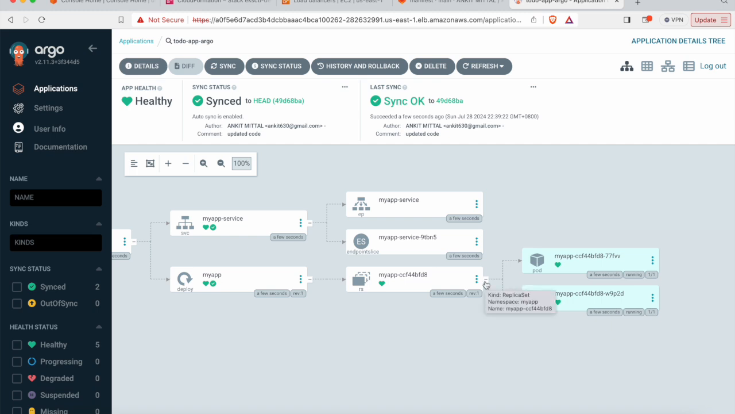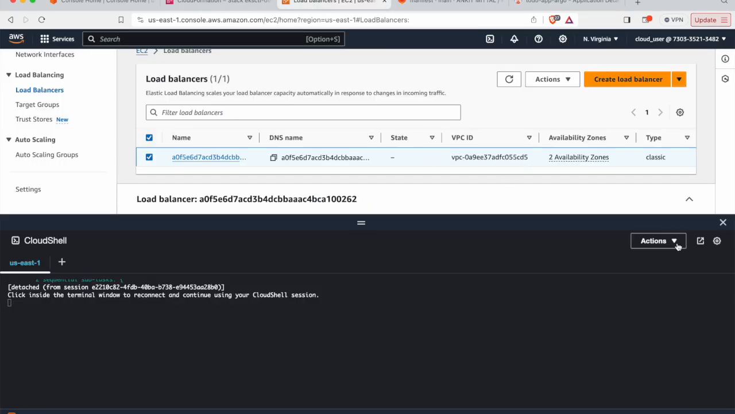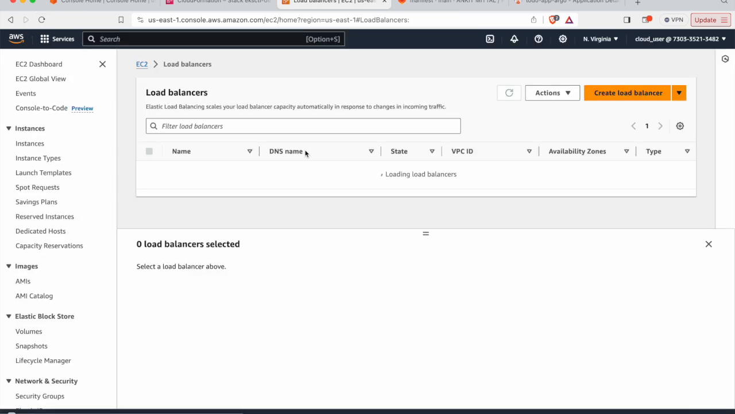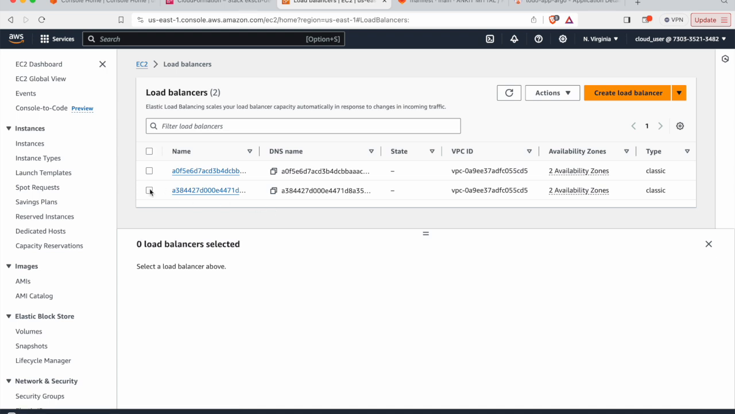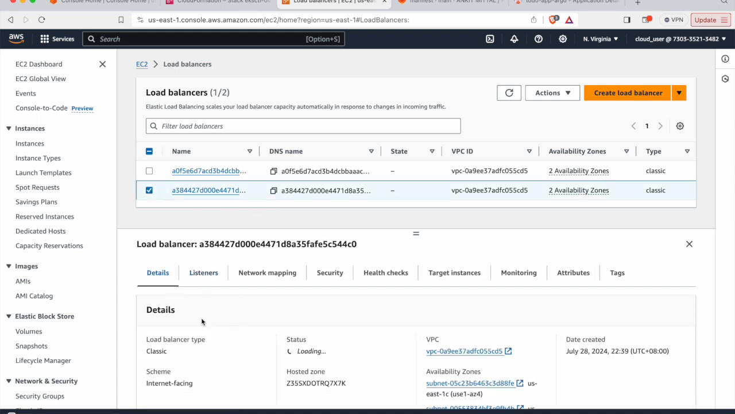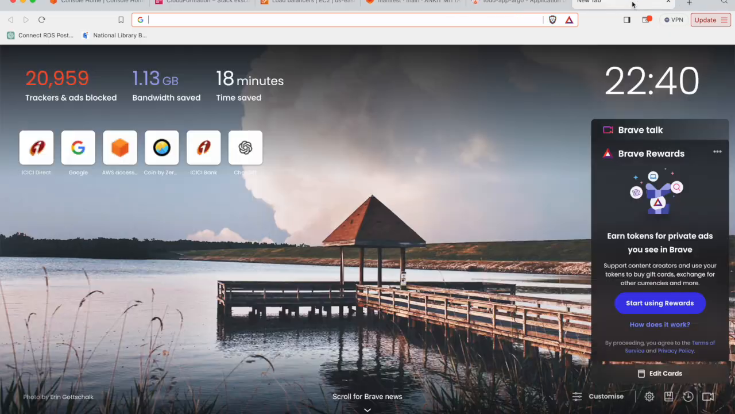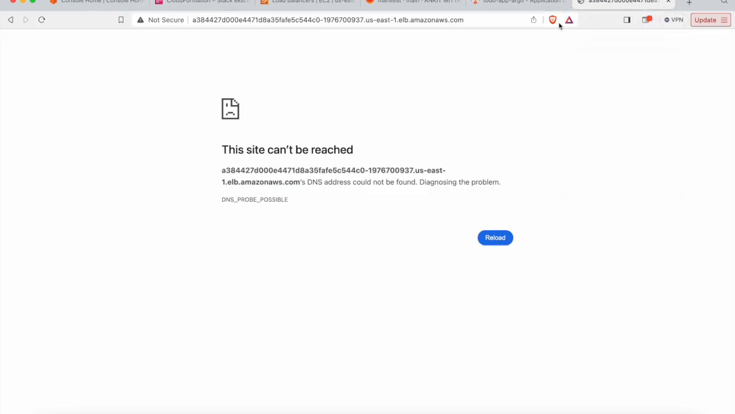And now the last thing is, once you apply this, it should create the load balancer. One more load balancer would have been created. So let's just go here, and once we refresh this, it should show us one more load balancer for our application ingress that has been created. This is the one. If you just copy this DNS name and open it in the browser, you should be